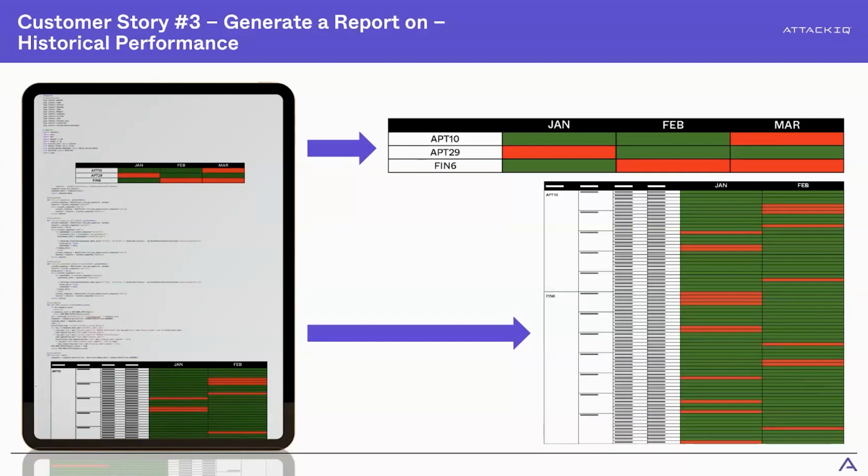And so certainly performance has to do with what didn't work and did you improve it and is it working now? But it also has to do with the fact that these threat actors are also ever changing, and so your controls are changing to obviously improve on maybe the gaps that they had before, but you need to also historically be able to measure current data sets against these attack flows. And so again, there's two things you need to demonstrate here. You might say, hey, in January we had a lot of gaps for APT29. That's what I'm demonstrating in the top right hand corner here. And we use Jupyter Notebooks to extract the right data, and we showed obviously in January we had gaps,